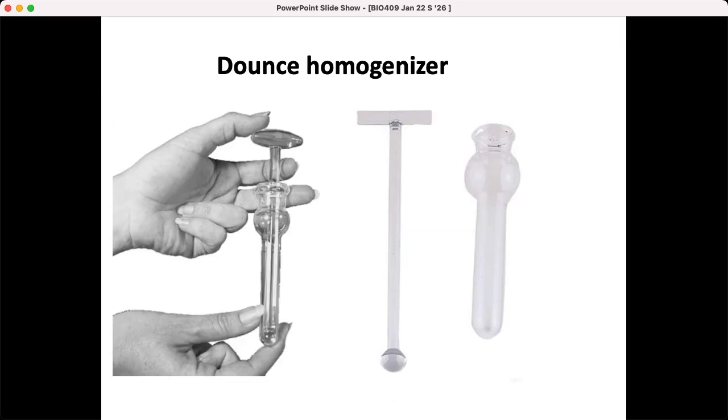And so here's how they would break them up, a famous way to break them up. And this is something our book doesn't mention, but it's a very accessible tool, method, and it's called a Dounce homogenizer. And it's made of these two, oh wow, what's going on with this?